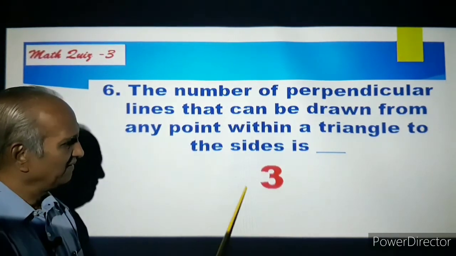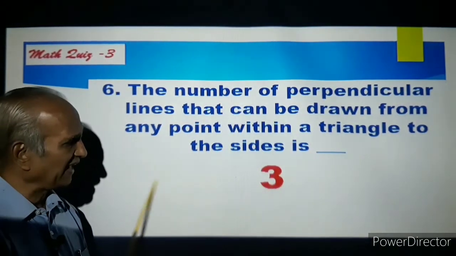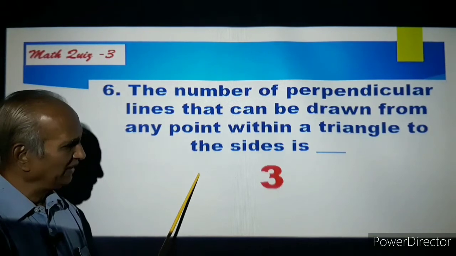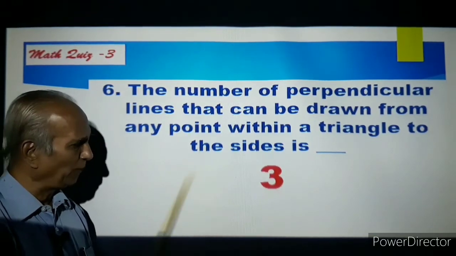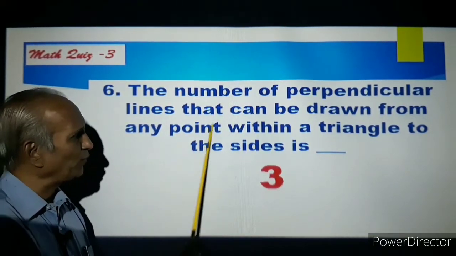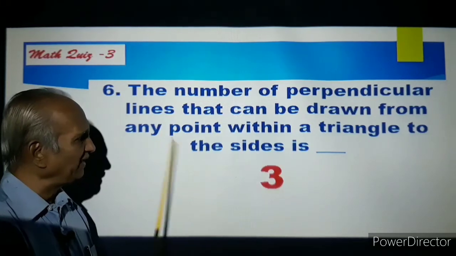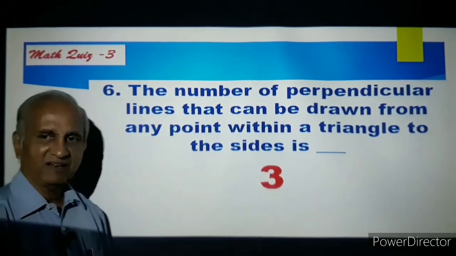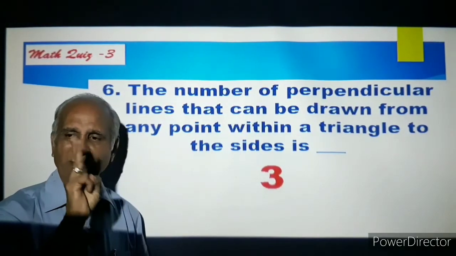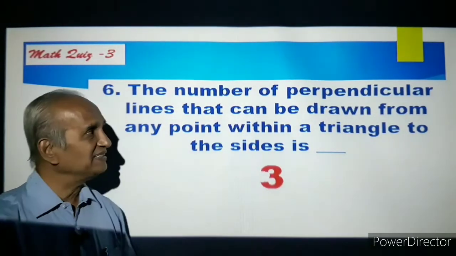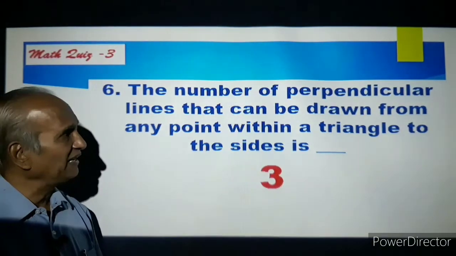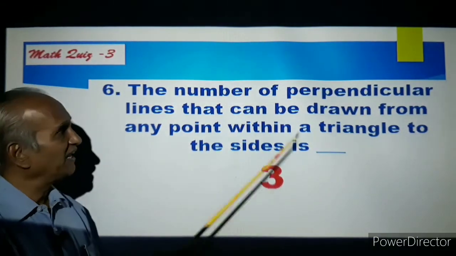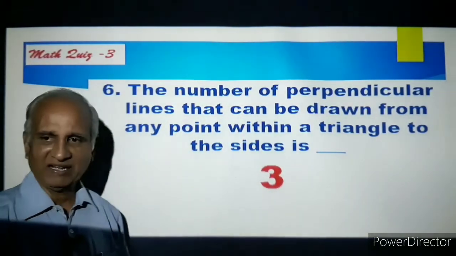See, visualize, here is a triangle. Here, draw one line like this, it's perpendicular to the opposite side. From here you draw one, again that's perpendicular. Again from this point you draw one, it's perpendicular. Only 3 possibilities are there. 3 lines can be drawn in a triangle which turn out to be perpendicular.